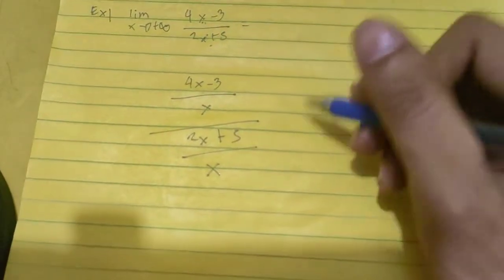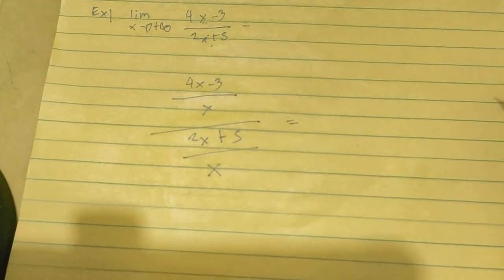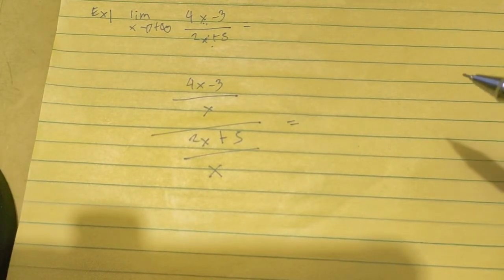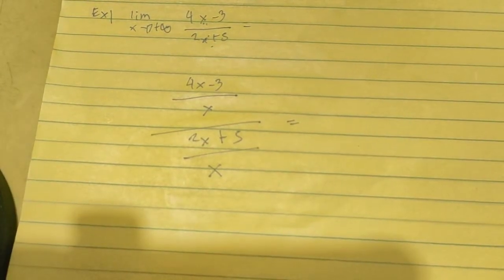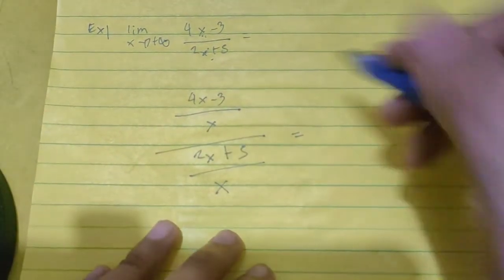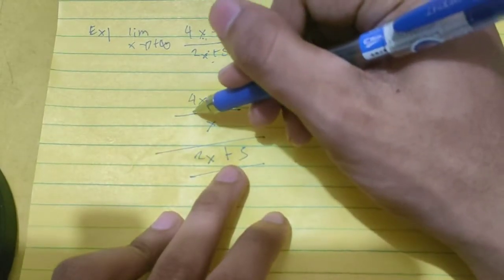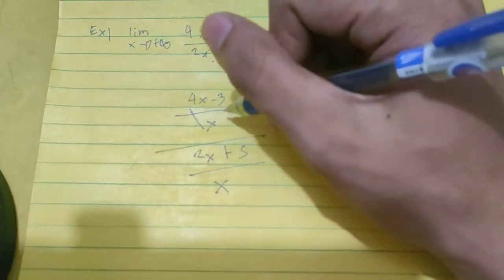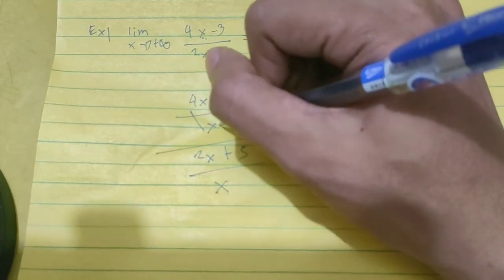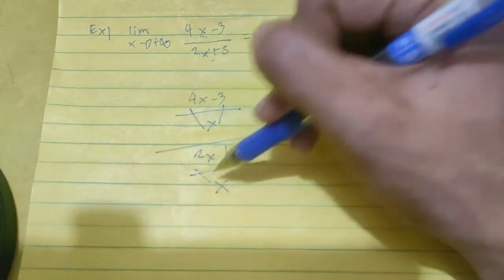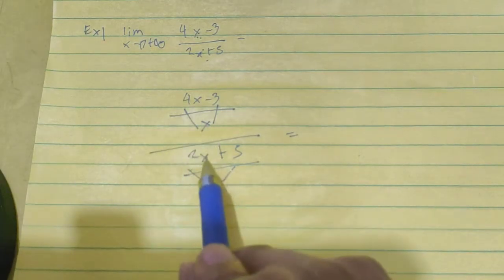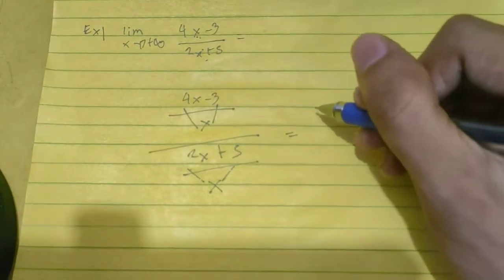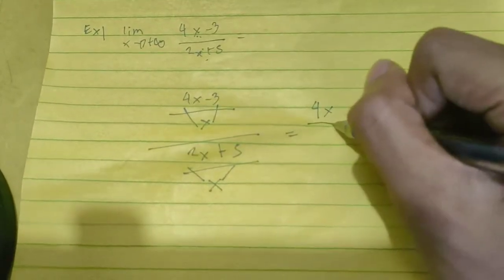So the next step is we need to divide 4x by the highest degree exponent. Also we divide negative 3 by the highest exponent. So on with the denominator. So it should be like this: 4x over x,